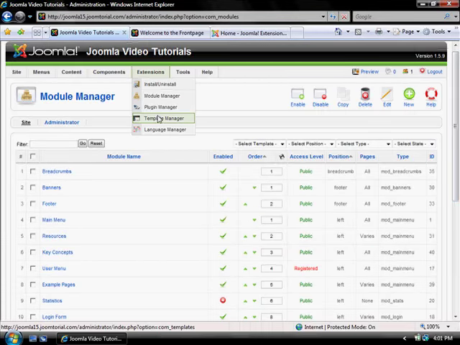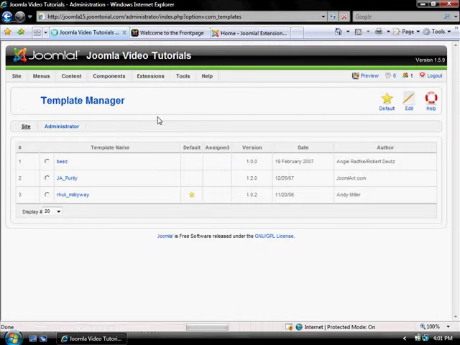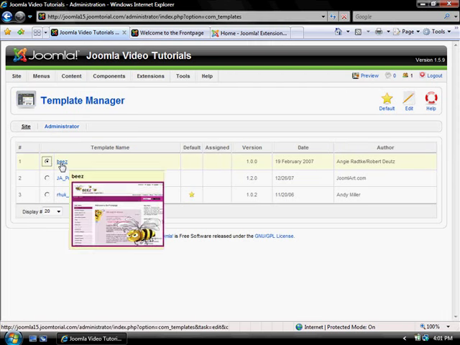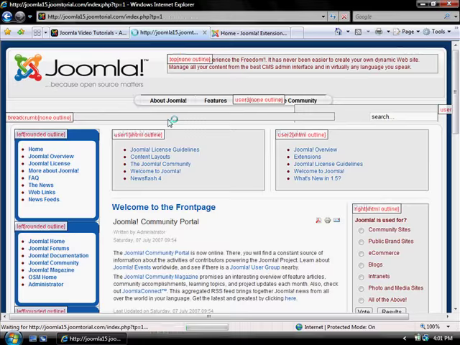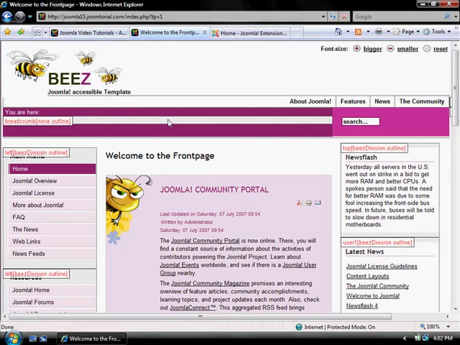we go to extensions, template manager. Joomla comes with a few templates built in. I will set it on bees and make that the default template. And if I now refresh my page, within 2 seconds I have a completely different website. And Joomla templates come in many shapes and forms,